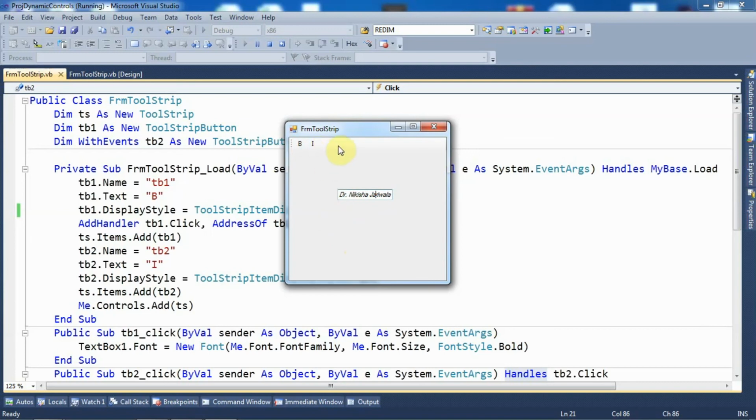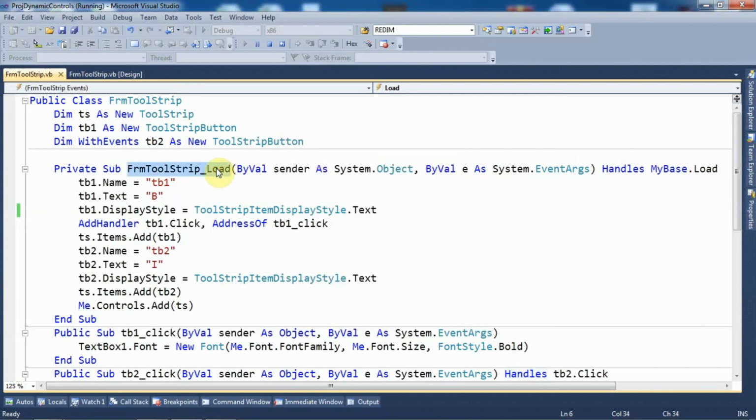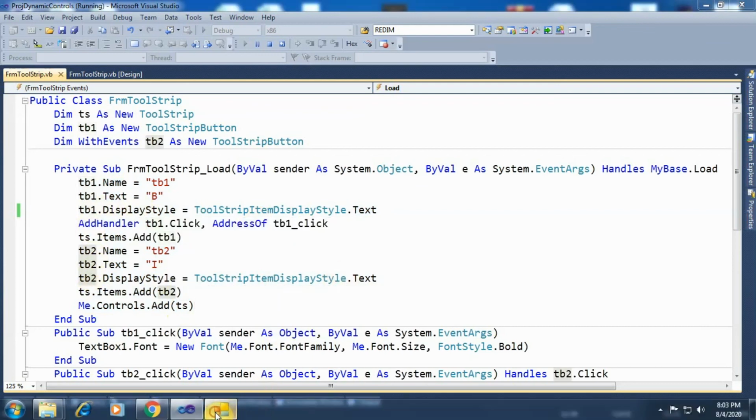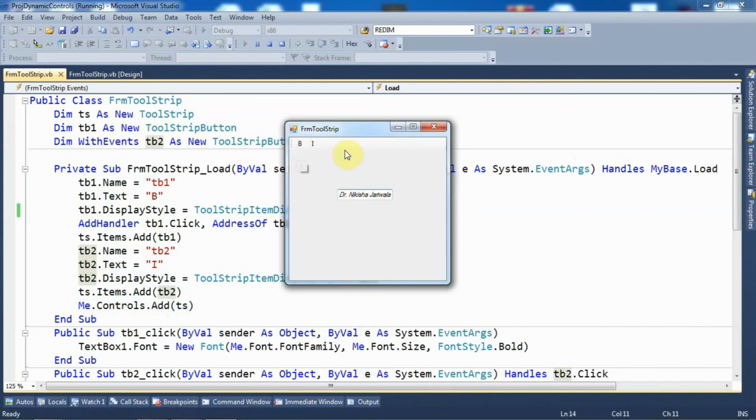But the important part over here is that this toolstrip control is added dynamically at runtime on the form, that is, we have specified that in the form load event, right? On the form load event we have created all the things, that is the toolstrip, and within the toolstrip we have added two toolstrip buttons, right? So that's why these two things have been displayed over here.